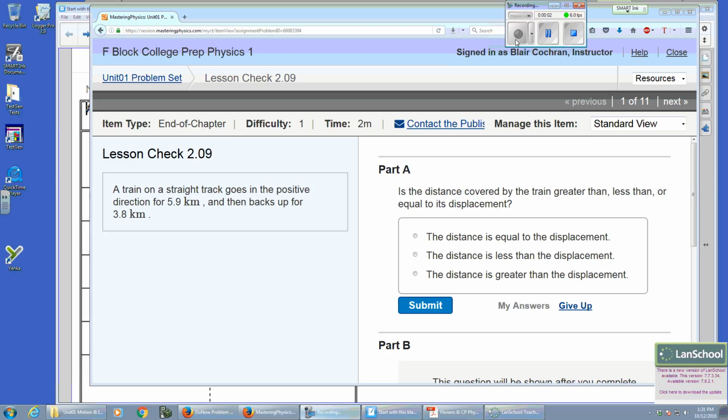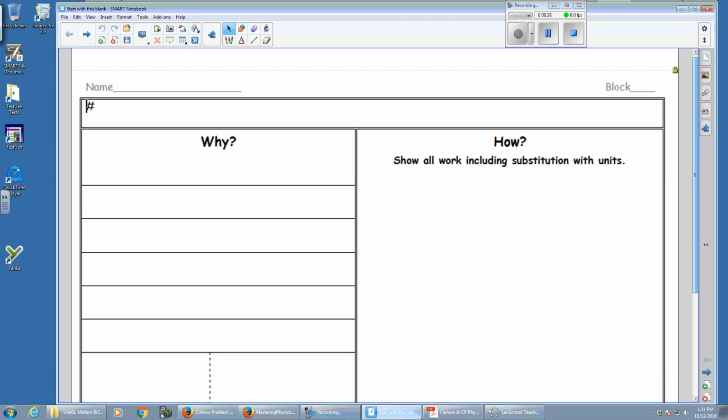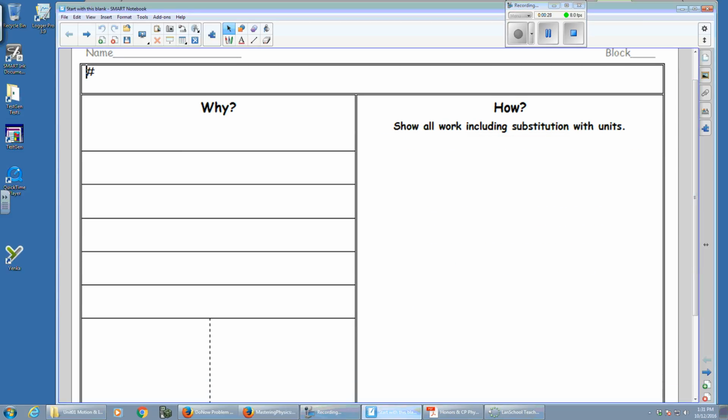Here we go. We're going to start with number 1 and see where it takes us. All right, so a train on a straight track goes in the positive direction for 5.9 kilometers, then backs up for 3.8 kilometers. And my guess is from that they're going to ask us a lot about distance and displacement. So here on my handy dandy sheet,